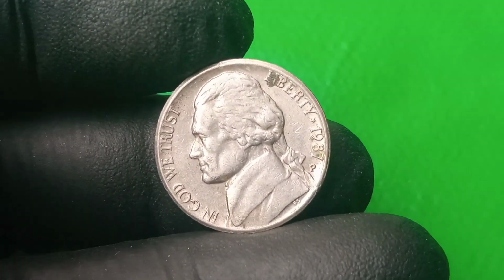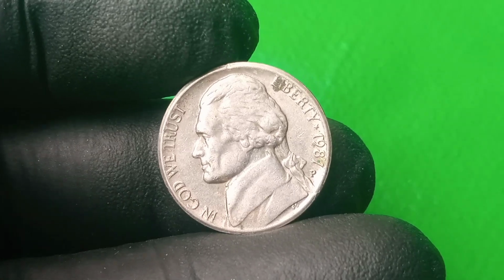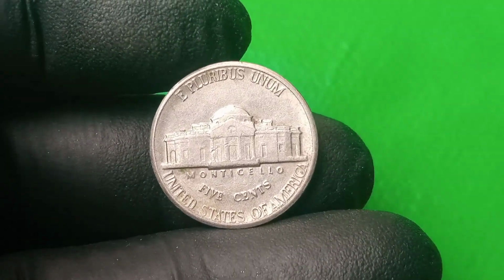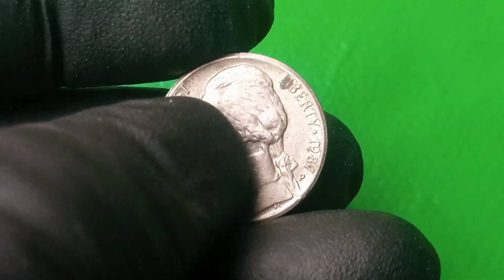Today we unravel the chillingly intricate, obsessively pursued mystery of the 1987 P Jefferson nickel, a seemingly ordinary 5-cent coin that, against all logic, may harbor one of the most tangled and unresolved enigmas in U.S. mint history, because what if a small mistake made it one of the rarest coins ever struck, not by rare mintage numbers or low survival